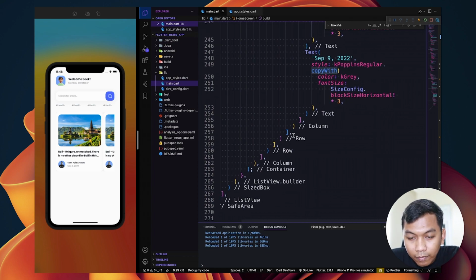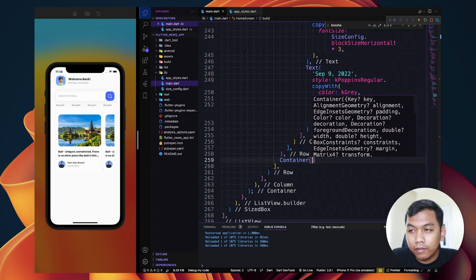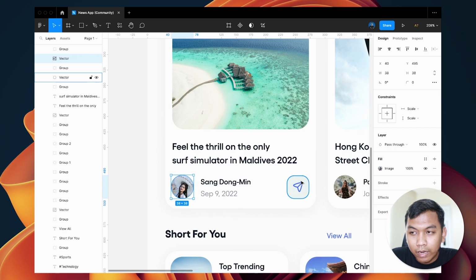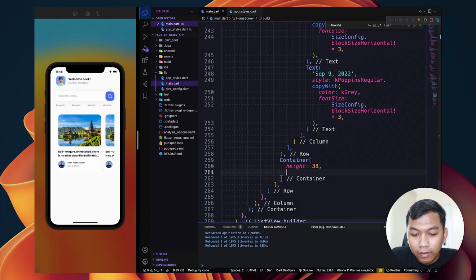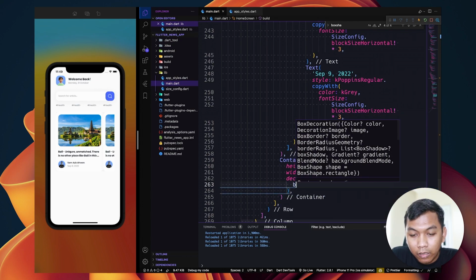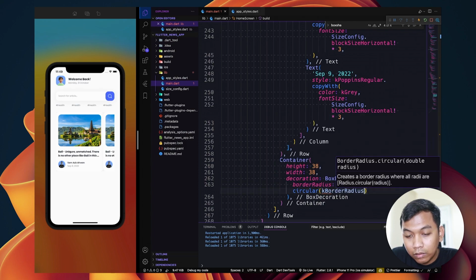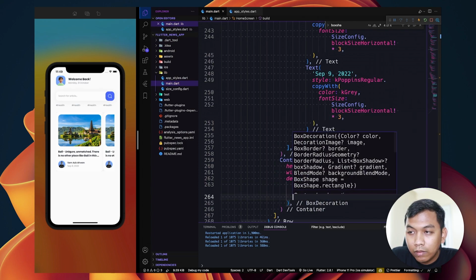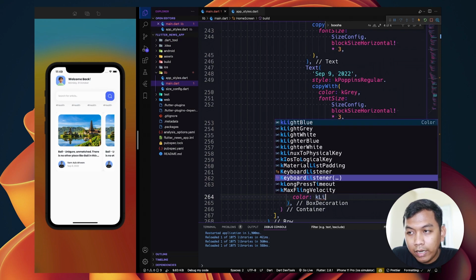And the next is a container. Alright, and for the container we set the height and the width the same, and we need to set the box decoration because we need to change the border radius, and for the color it will be light white.